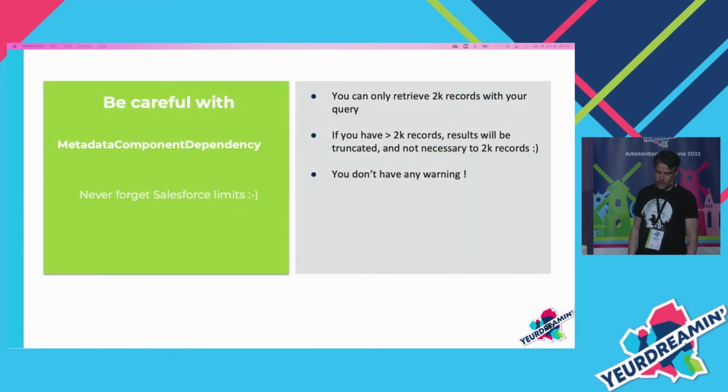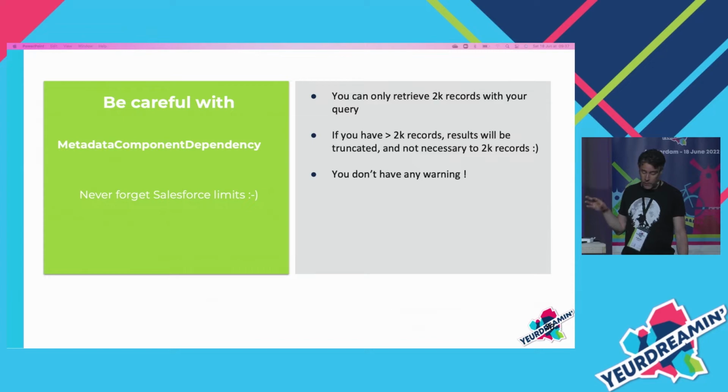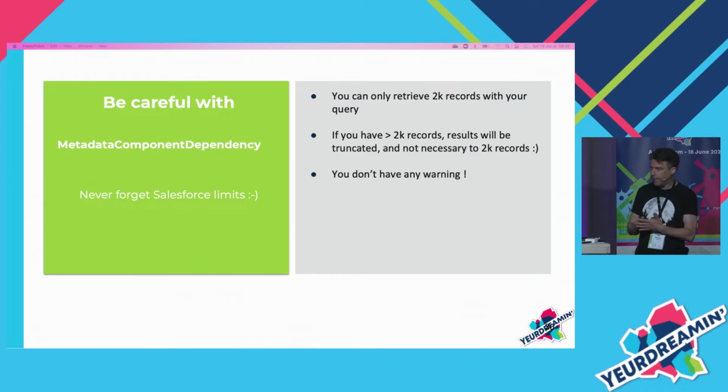So there is one API that you can use, which is the metadata component dependency. It's able to provide you which metadata is used by another metadata, or you can use it to say which metadata is used by my metadata. So for example, you can ask which fields are present inside the page layout. So it's really a useful API, but there is a big warning you need to be aware of,